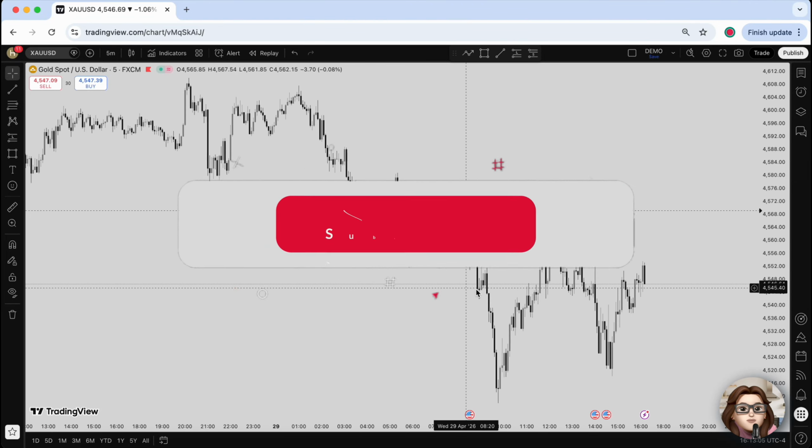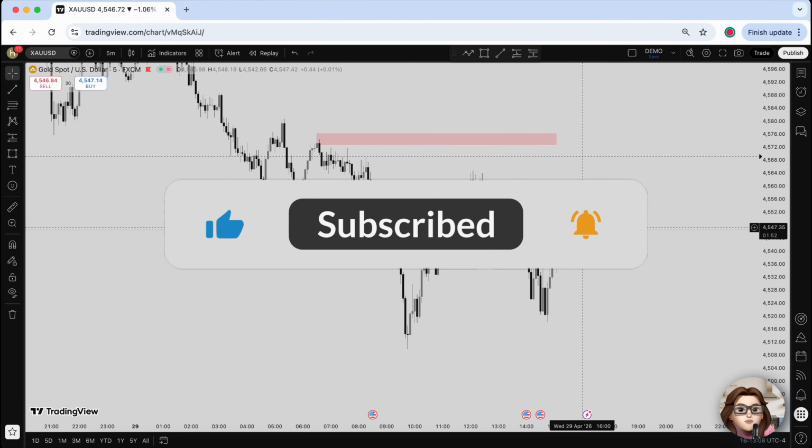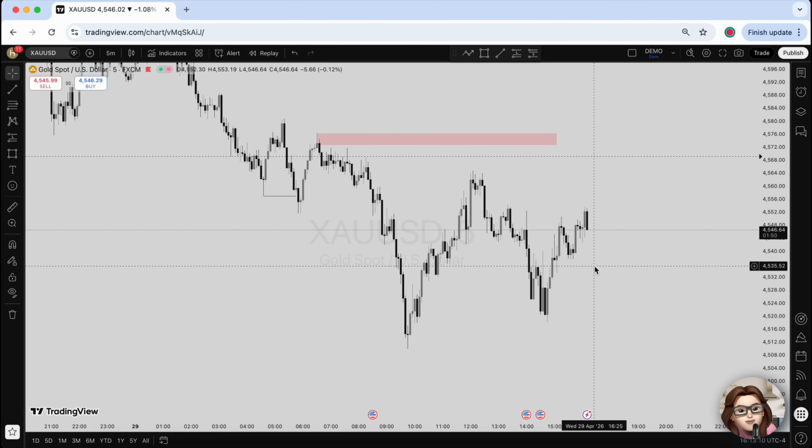In this tutorial, I'll show you how to remove all alerts in Tradingview so you can keep your workspace clean